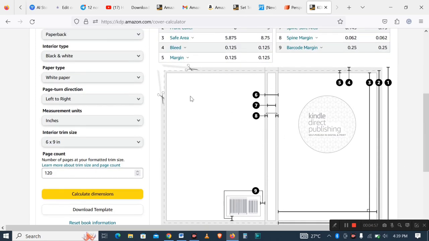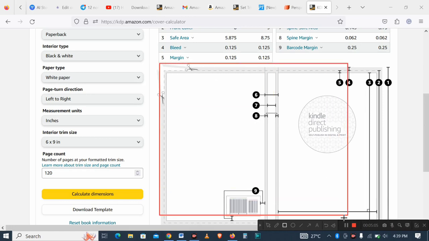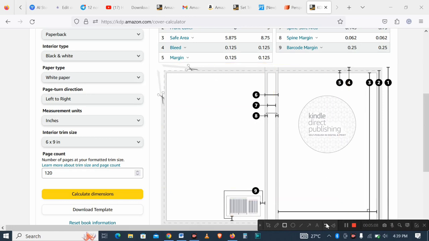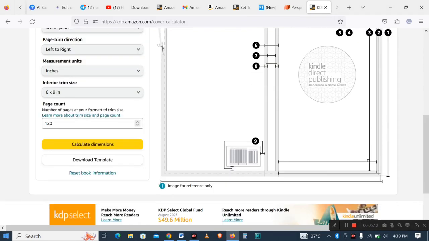This is what you're going to download. All this stuff right now is what you're going to download. All right, so that is what we want to download. Now, once you have inputted everything, all you need to do is to